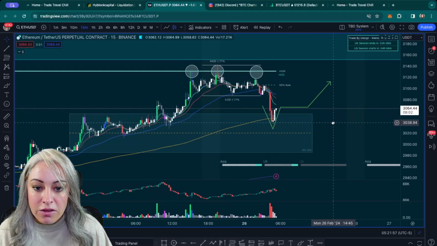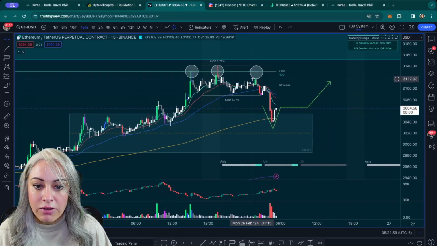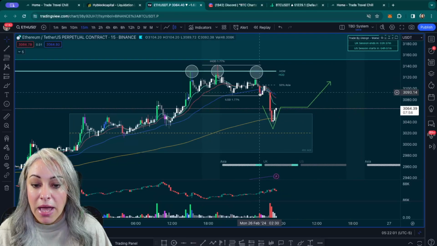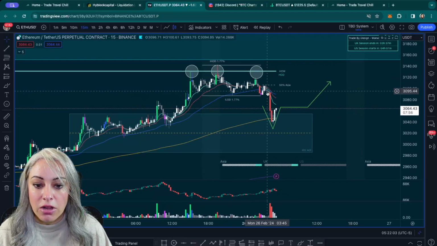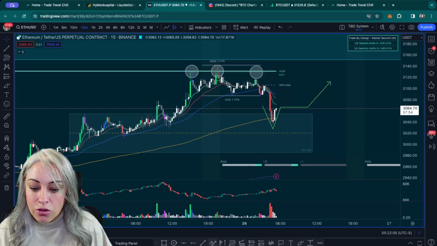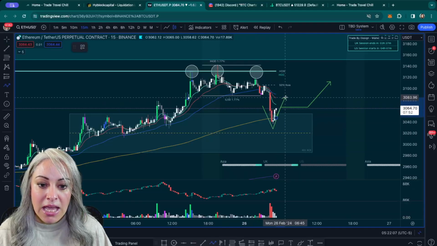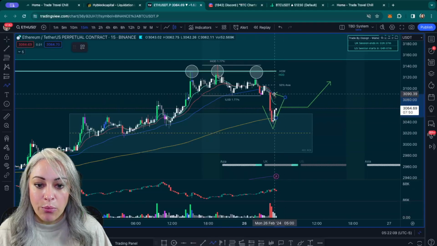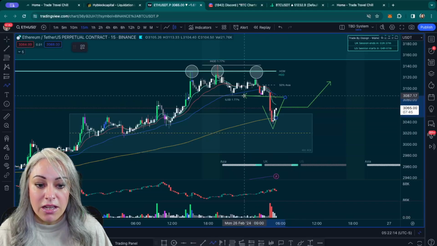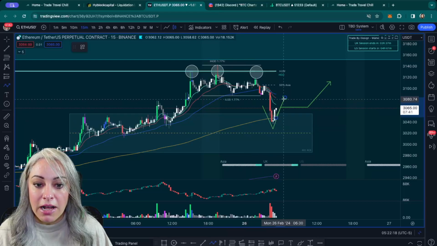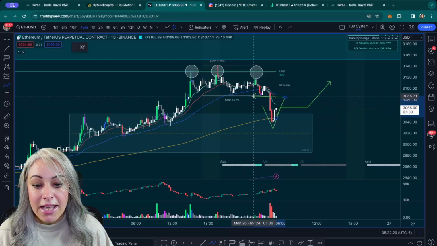And the bearish case for this one, look, we do have a drop down, a break of the 50 EMA with a red vector candle. We have a lower high. We have another drop. So you do need to keep an eye out that it may come up for a retracement now, back to retest the 50 EMA. Even the initial low of the day is sitting at 3,087 currently. So if price only comes up to there, that's going to be the initial low of the day plus the 50 EMA